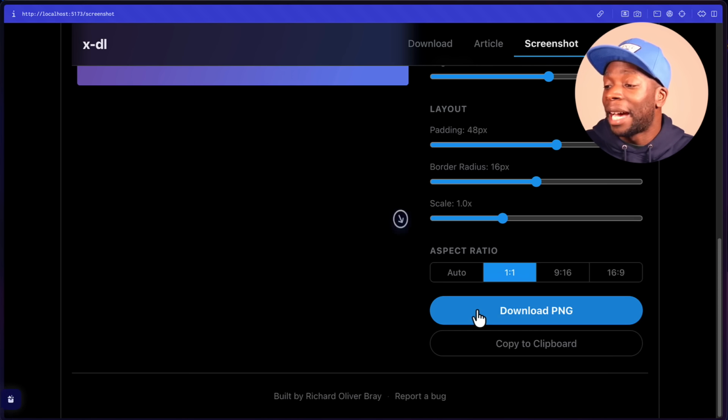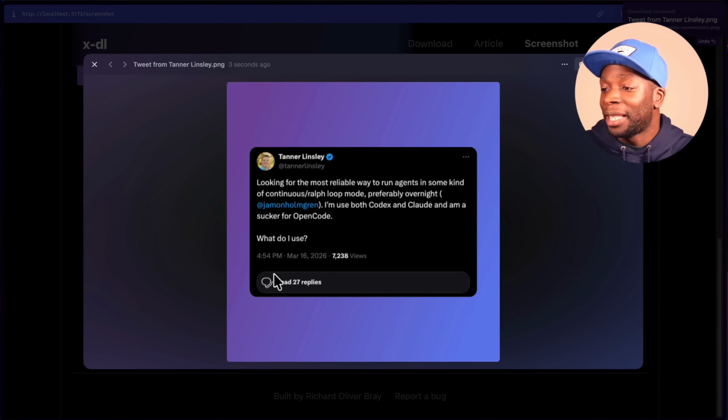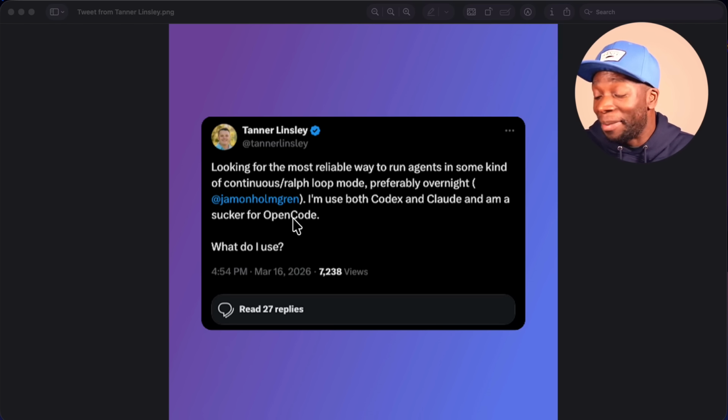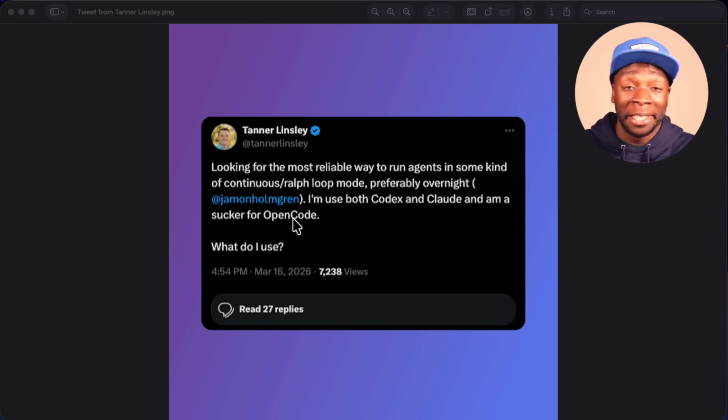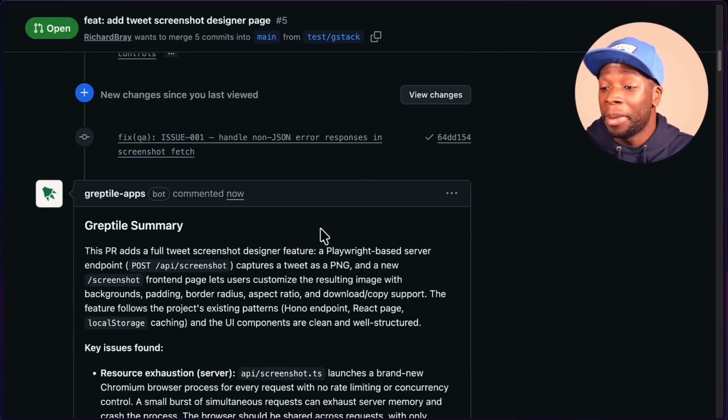And let's now actually download the image. And here we go. If I now click on this, you've seen all my tabs. We have the image here. I'm going to open it in preview. And this is it. This is the image I just took with the feature I just built with GStack, which is insanely impressive. But there's more that we can do, because if we go back to the PR, we can see